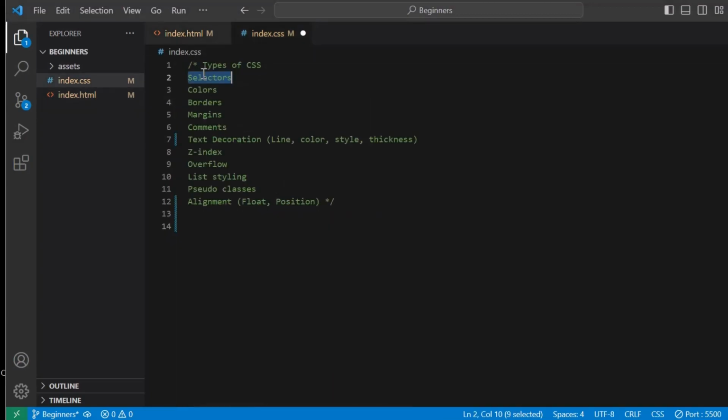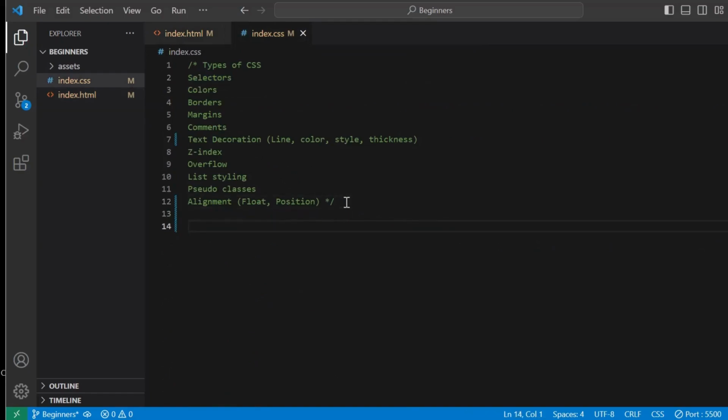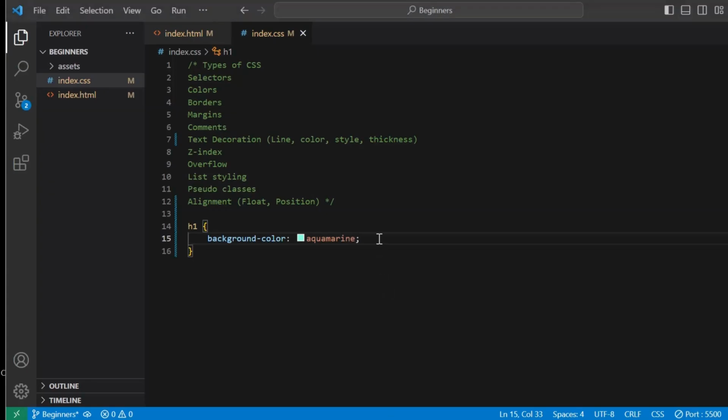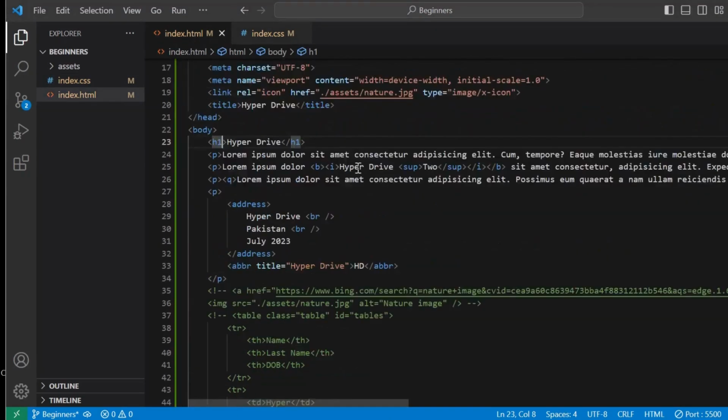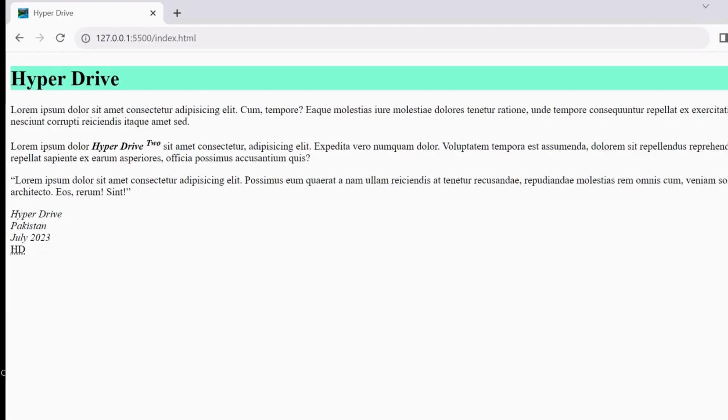First is selectors. They are used to find or select the HTML elements you want to style. As H1 is the selector, I choose and give background color to H1 and it's not working. The reason of not changing is linking, as it's necessary to connect CSS. Within the head tag with the link tag we can link, and the necessary props are relation and href. In href we describe the path of that specific style sheet as